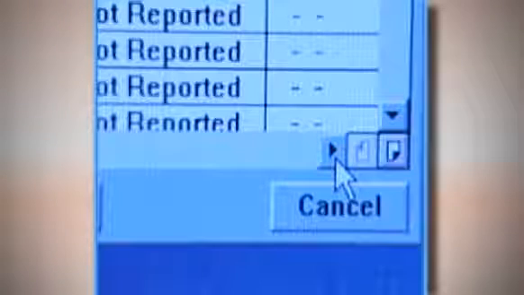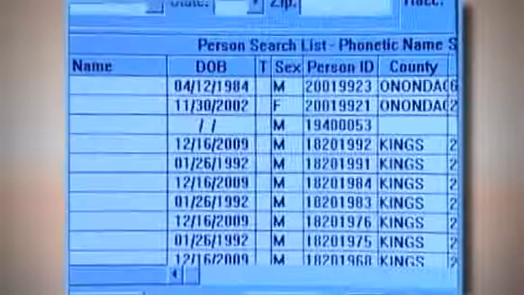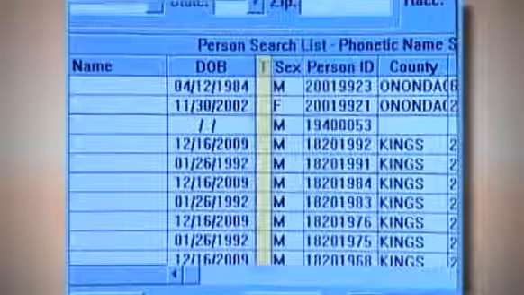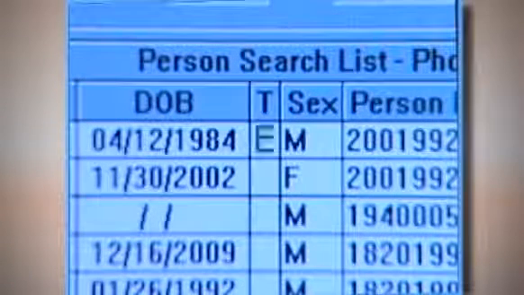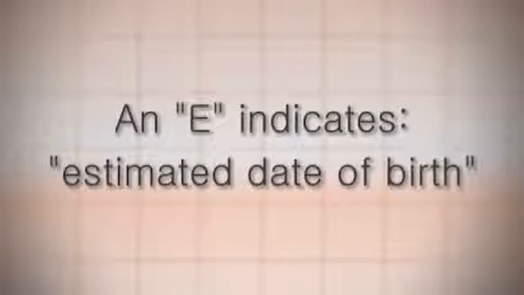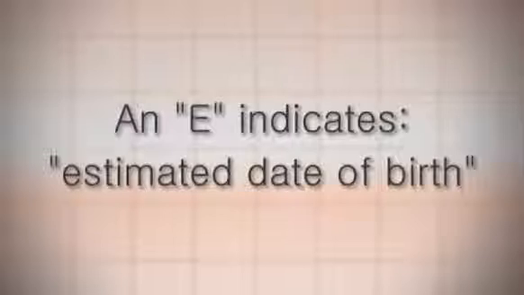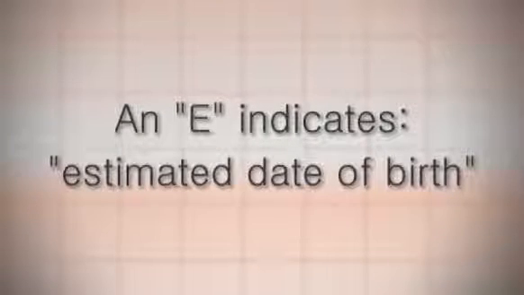If you scroll to the right, you'll also see columns that show match, score, and T. The field that has been labeled T is for type of date of birth. This field will have either an E, A, or blank value in it. An E indicates an estimated date of birth. Due to conversion of data early on, these tend not to be correct and should not be considered when ruling